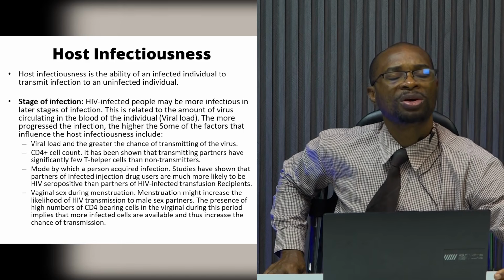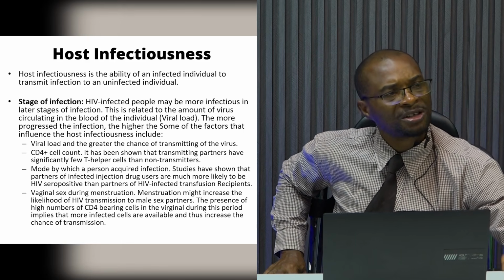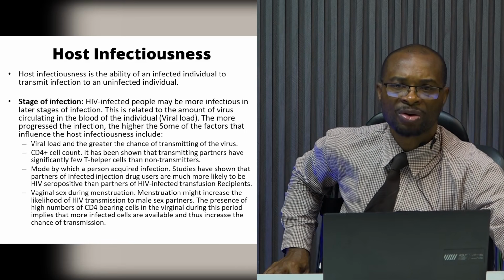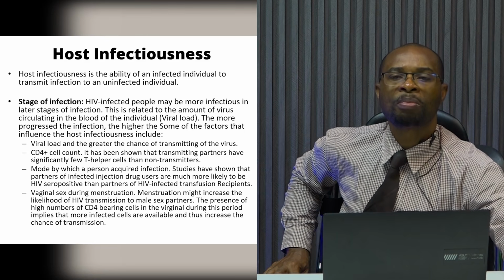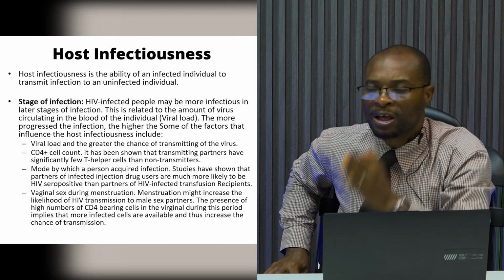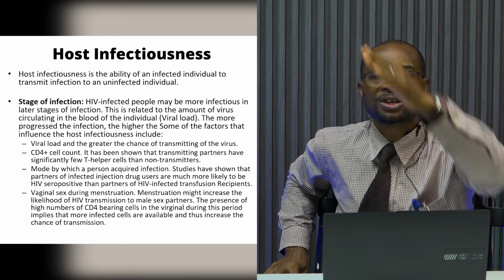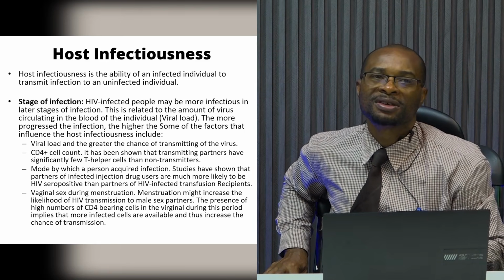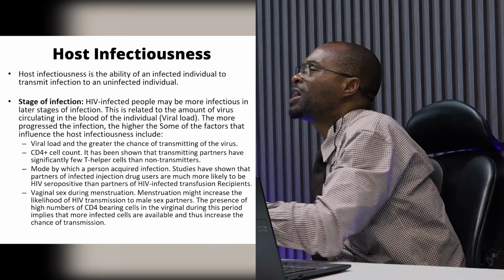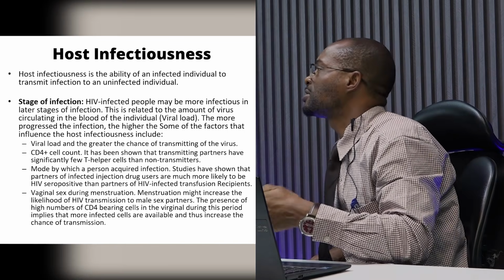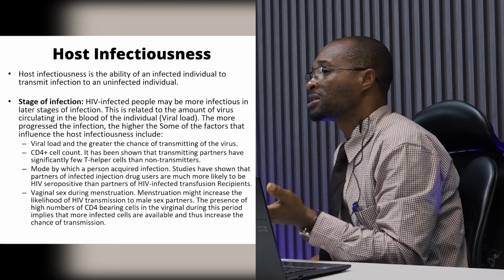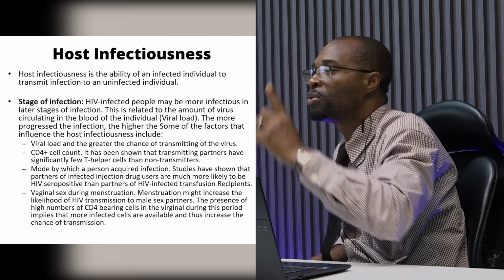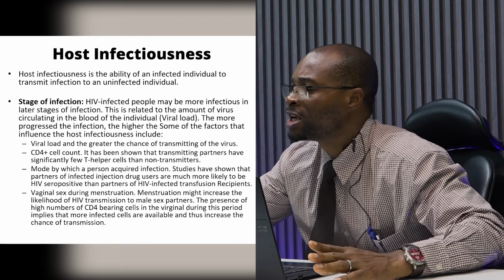Individuals are known to be more infectious later in the stage of the infection, either at the point called the AIDS stage, or when they are progressing, a more advanced infection before AIDS. That's why you say HIV/AIDS, because you are not sure when the individual has AIDS, but you know that this HIV is advancing to a point where the clinical signs are beginning to show. Clinical signs of AIDS: you see somebody losing weight progressively. It looks like a broom. You don't need anybody to tell you that there's something wrong with this person.